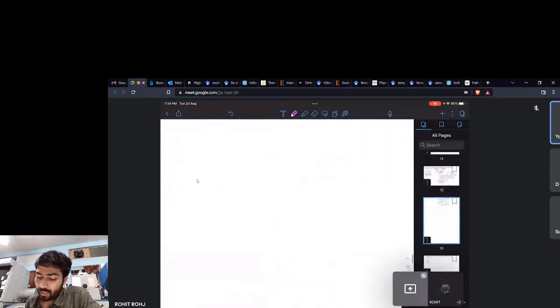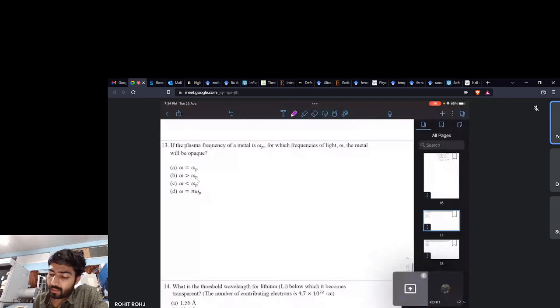And now moving on to question 13. This is an argumentative question again: if the plasma frequency of a metal is omega p, for which frequencies of light will the metal be opaque? So what we have seen is that the dielectric constant in these systems is given by